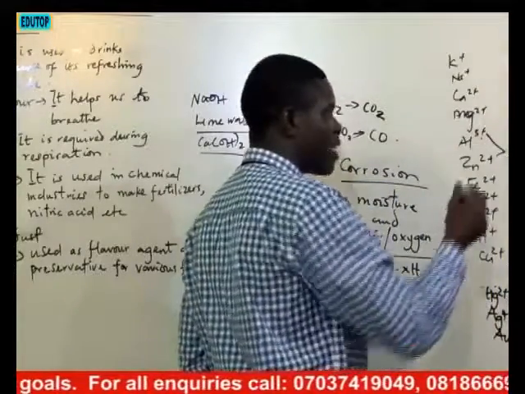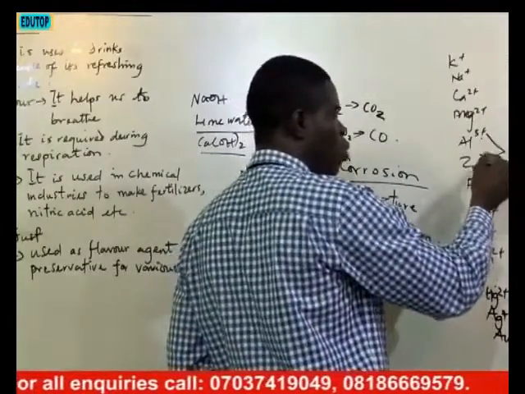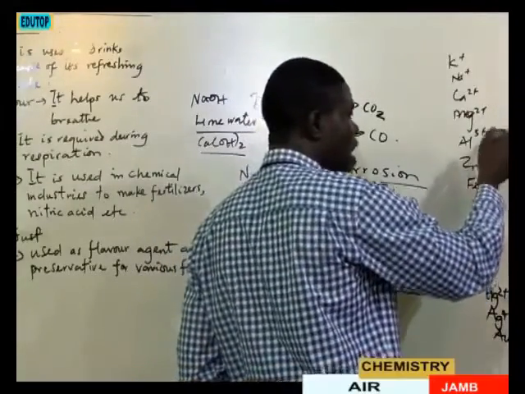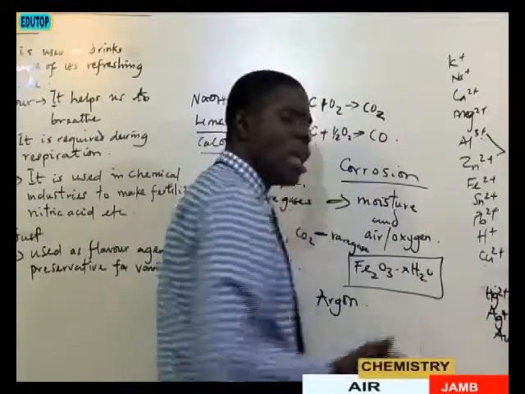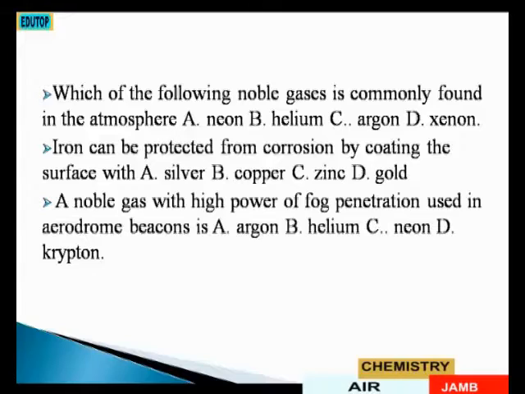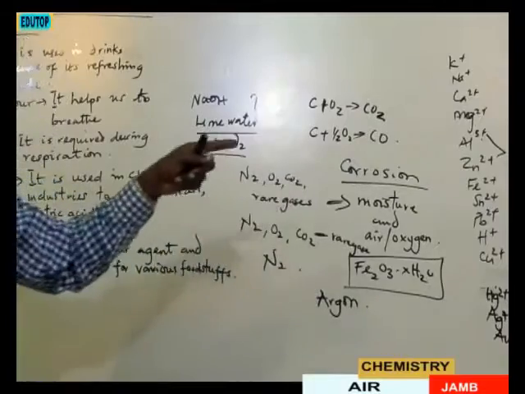So that is the significance of their activity series. So according to that question, this is the concept that we need to answer it. The question is telling us that iron can be protected from corrosion. So if iron is going to be protected from corrosion, you have to coat it with elements